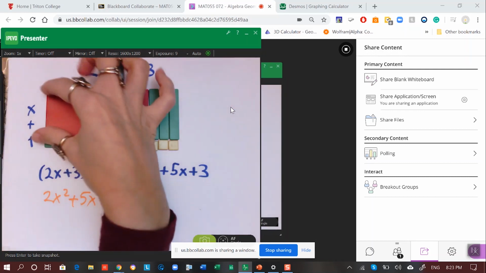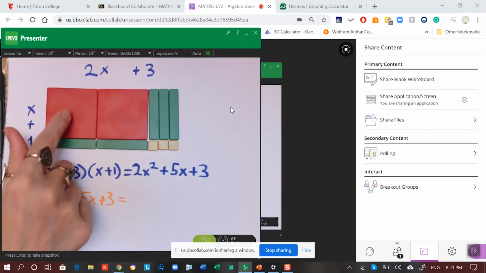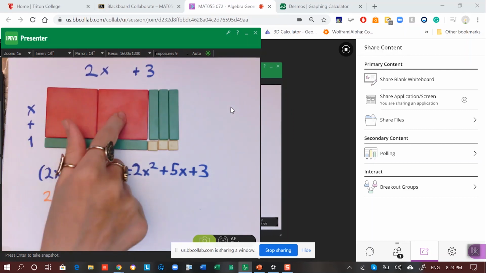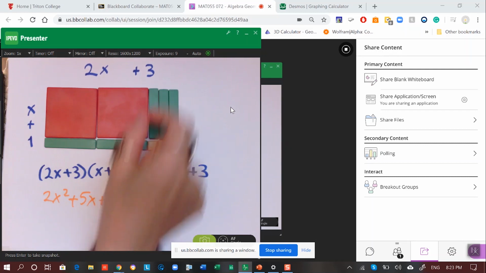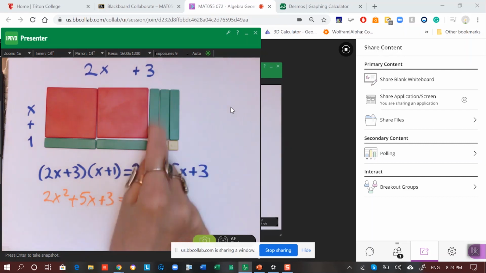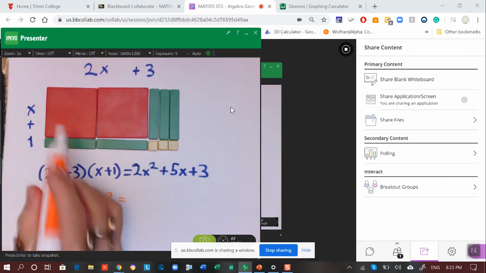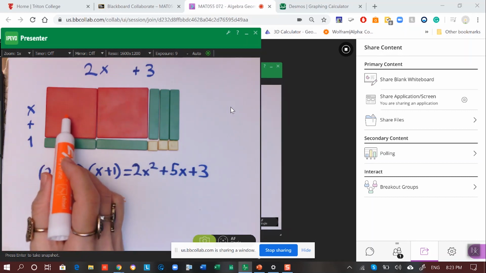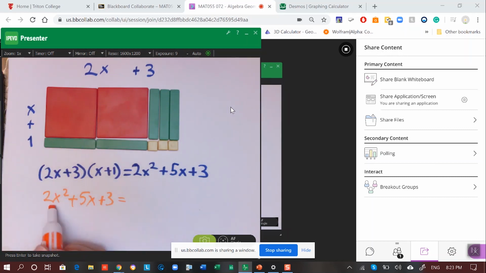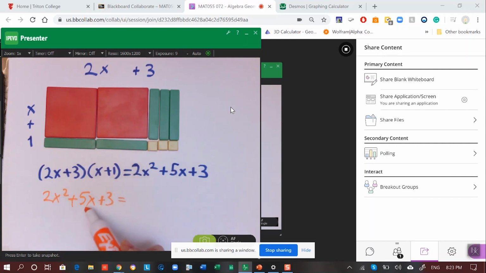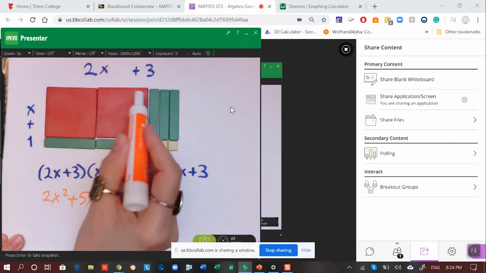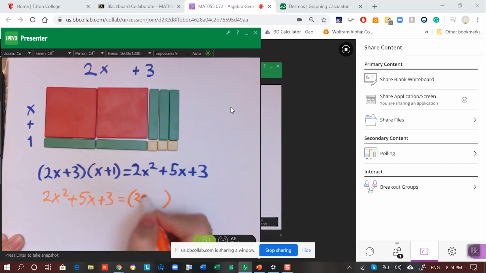The length of that side is x, so area of this shape will be x squared, area of this shape will be x squared, area of this shape will be x, because I'm assuming that this length is 1, this length is x. I will have area of x squared here, and another x squared will be 2x squared, and I have 1, 2, 3, 4, 5 x plus 3, so that will be equal to 2x plus 3